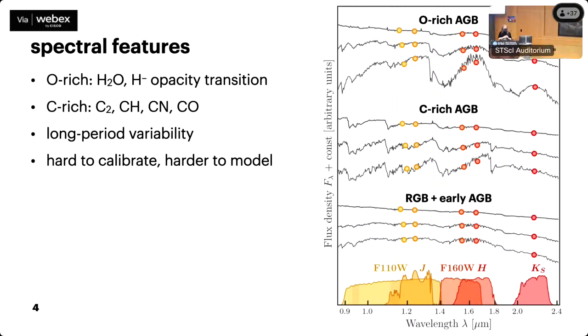And when you care about 1% broadband photometry in multiple photometric systems, this can make your life even more difficult than it already is, because the exact way that wide bandpasses sample these spectral features can vary a lot between instruments. I'm illustrating this here with the F110 and F160 bands on WFC3/IR and the 2MASS JHKS bands for comparison, which are the ones I'll be focusing on for most of this talk. The scatter points on each spectrum are the integrated flux densities in those bands at their respective effective wavelengths.